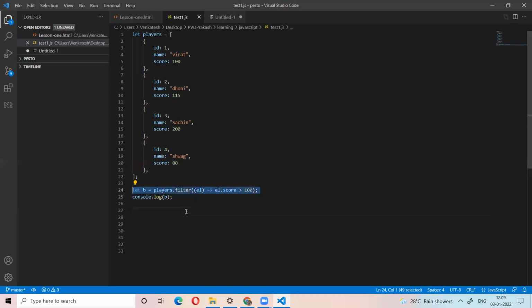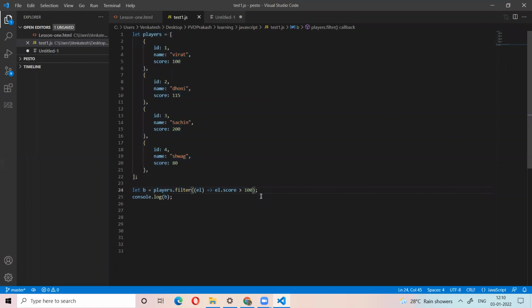This type of logical functionality we mostly use in Angular, because all the data from the server is coming as an array of objects. We need to do some functionality like filter. For example, we have the users table. If you see on a website, you have the users table displayed, and above the table you have a search box. You search by name, so I want to get the users list based on that name. Then you use a filter.